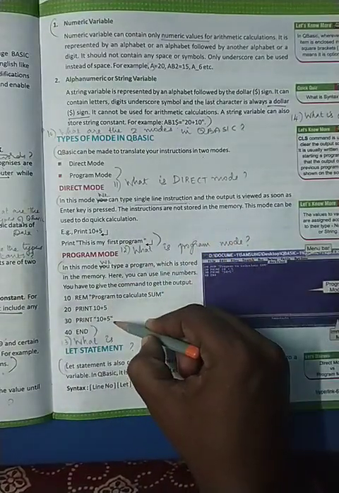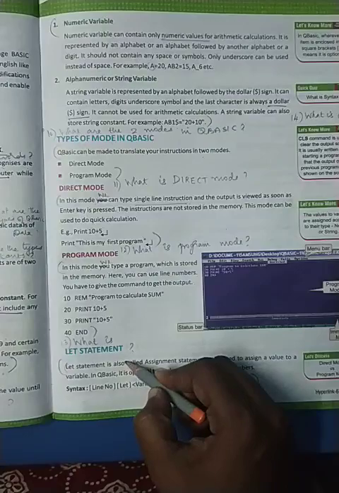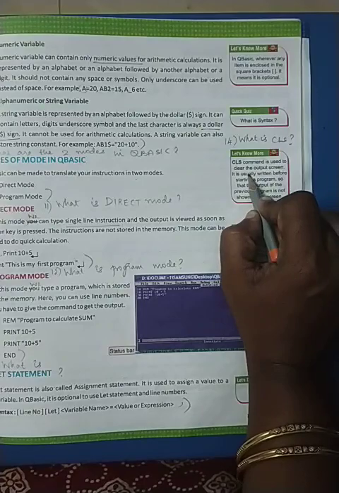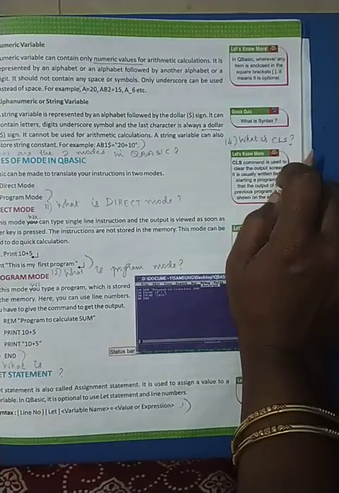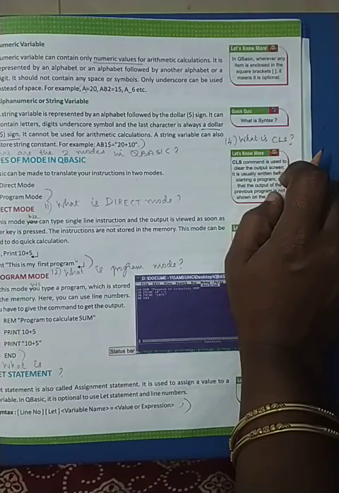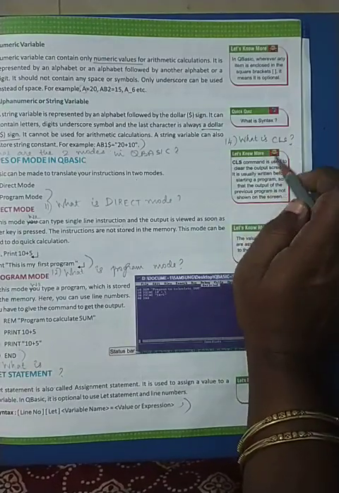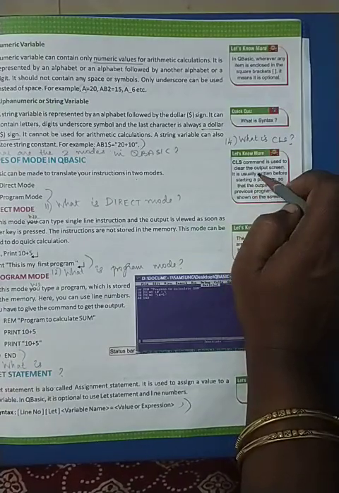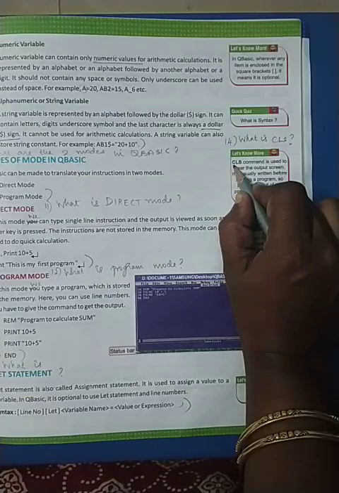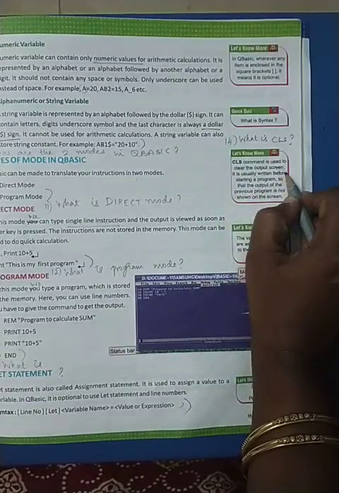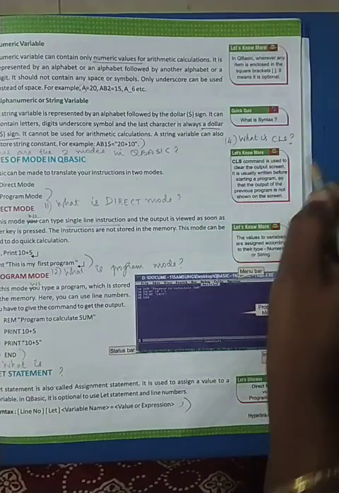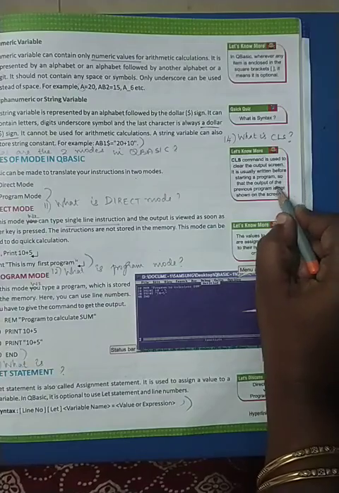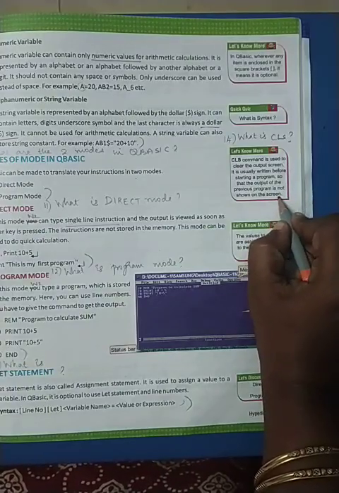Okay. Now we are going to see what is the let statement. Before that we will see what is CLS. CLS is used to clear the output screen, because the output screen will already have the results from the previous program. So every time we want a fresh screen to display the output from our program. So we will be using this keyword, the CLS command, to clear the output screen. Clear screen, clear screen. And it will always be written before starting the program. Then the output of the previous program is not shown on the screen.